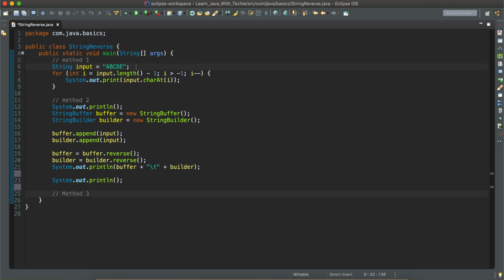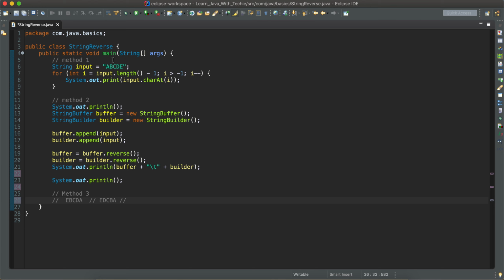After the first iteration, it's going to look something like E, B, C, D, A. Since A is replaced by E and E is replaced by A, we have done a swap. In the next iteration, we are going to increment the left pointer and decrement the right pointer.